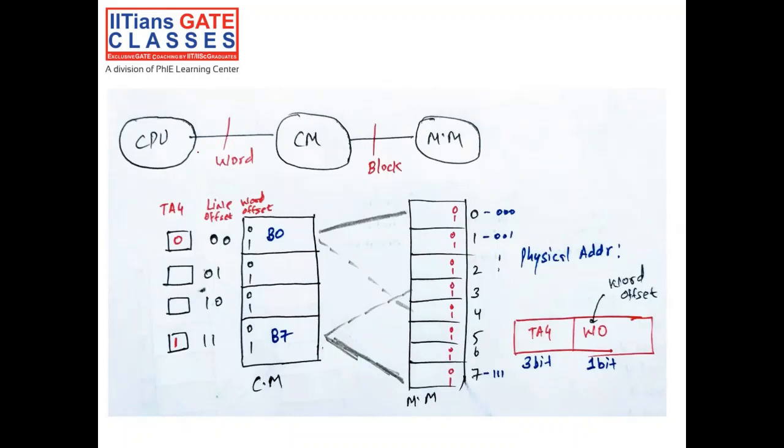Now see, between CPU and cache memory there is a word transfer. You know that part. And between cache memory and main memory there is always a block transfer. So how is the direct cache mapping going on? See, block 0 of the main memory and block 4 of the main memory have a fixed location in cache memory, which is line 0, right? But right now only block 0 is there. Similarly, block 3 of the main memory and block 7 of the main memory have a fixed location in cache memory, which is line 3, but right now block 7 is there, right?